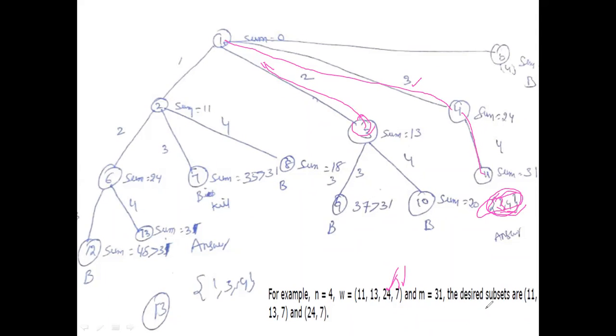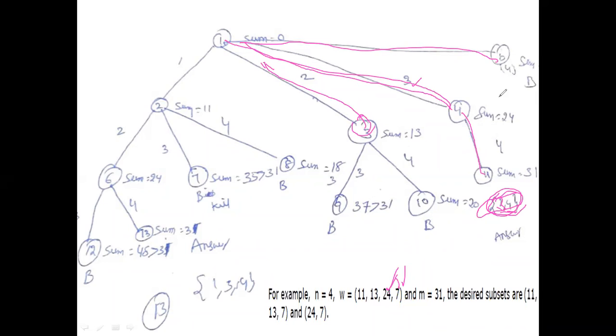In our problem, sum equal to 31. So the fourth node has only one child. So the fourth node is fully expanded and we go back. The first node generates another child, that is the fifth node. The fifth node has no children. So sum equal to 7. 7 does not satisfy the criteria function.